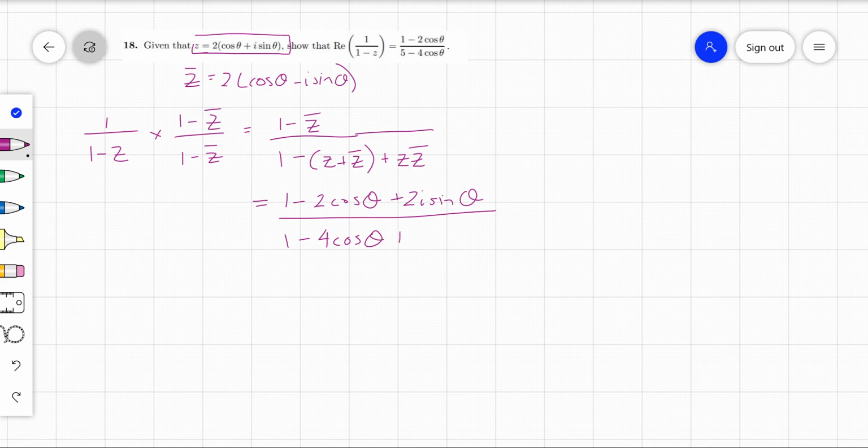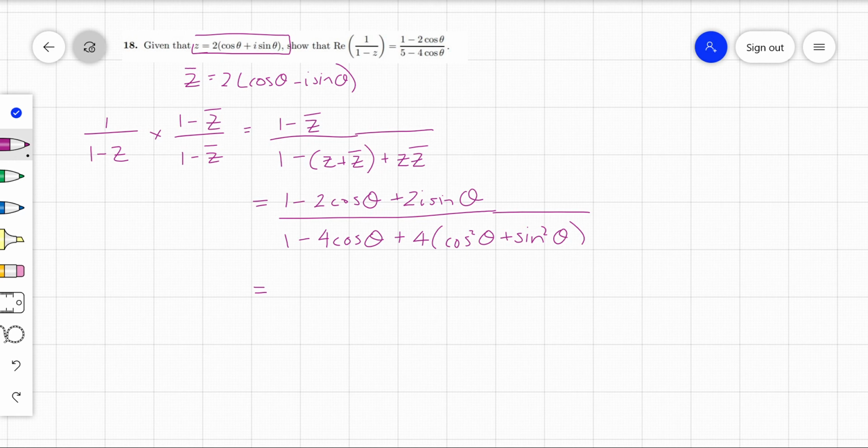And then when we're multiplying here, it's a difference of 2 squares, so 2 2's are 4. And then you're going to get the square, so cos squared, and then minus i squared, so that's minus times a minus, so positive, sine squared theta. So really that's just 4 times 1. So you can see that